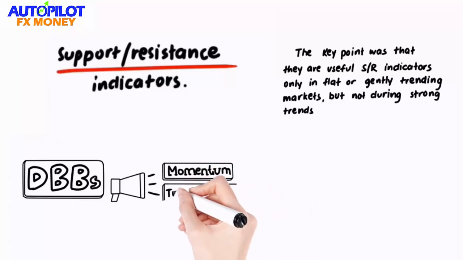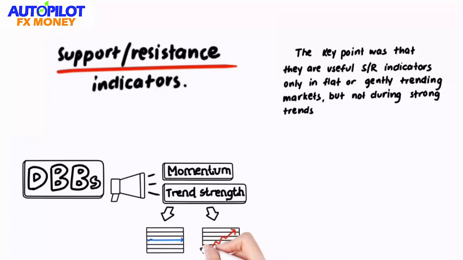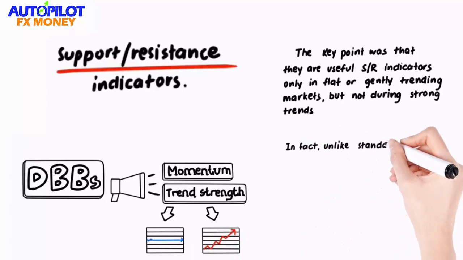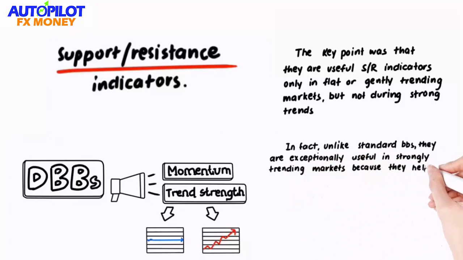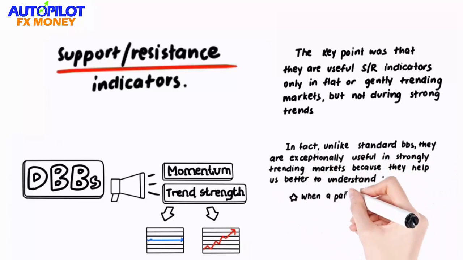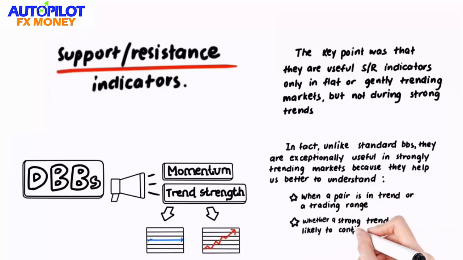Double Bollinger Bands, hence DBBs for short, are a powerful variation on the standard single version because they tell us much more about momentum and hence trend strength, both in flat and strongly trending markets. In fact, unlike standard BBs, they are exceptionally useful in strongly trending markets because they help us to better understand when a pair is in a trend or a trading range, whether a strong trend is likely to continue,